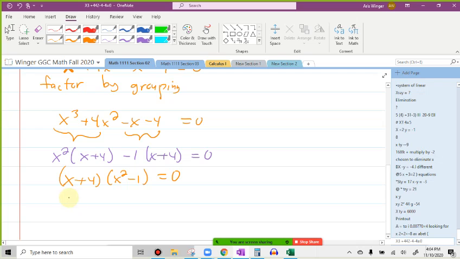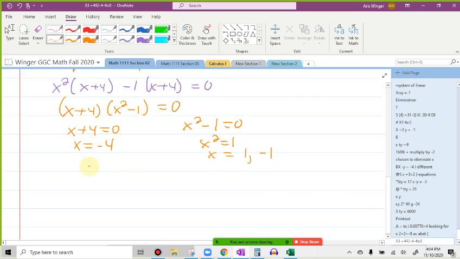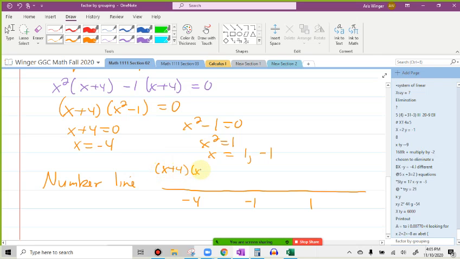So we can do a bunch of things. I can just set x plus 4 equal to 0. I can set x squared minus 1 equal to 0, in which case I get that x is equal to -4, or x squared is equal to 1, in which case x is equal to 1 or -1. We then create a number line with -4, -1, and 1 for the factored form x plus 4 times x squared minus 1. We're going to pick values